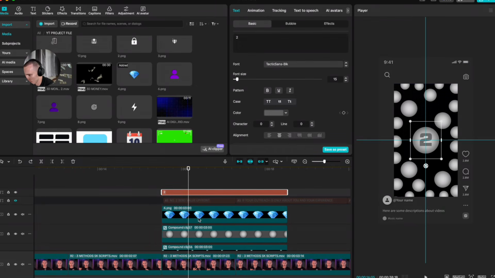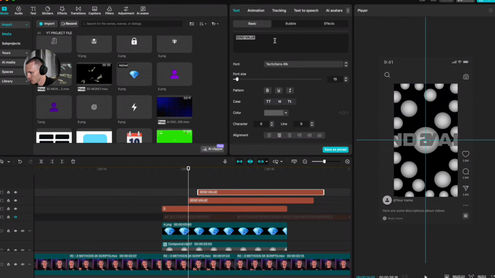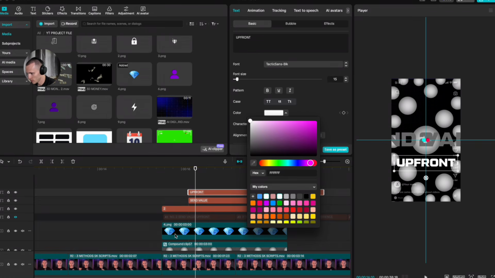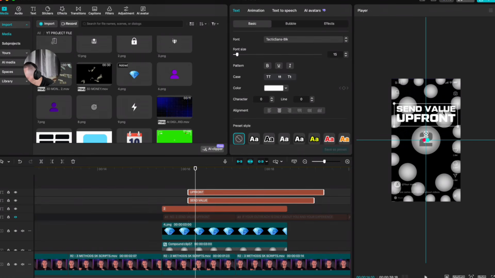And right now, let's duplicate this text layer and start typing "send value up front." Send value, duplicate this layer and type in "up front." Make it the same length and just start positioning our text. And now just change the color back to white and do the same thing with this layer as well. Just change the color to white